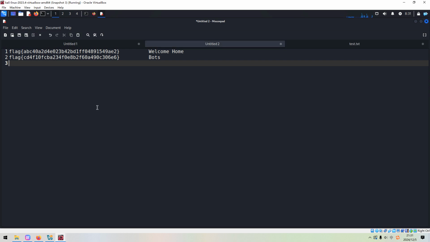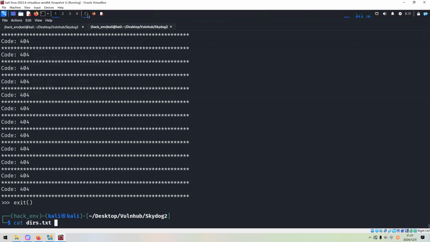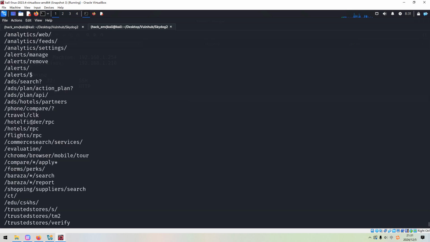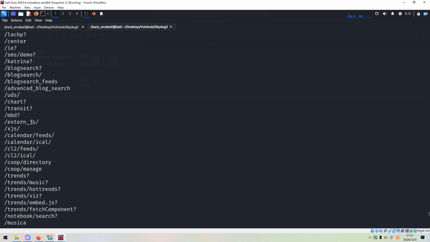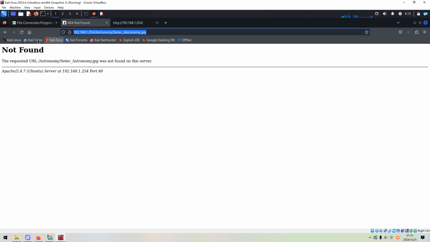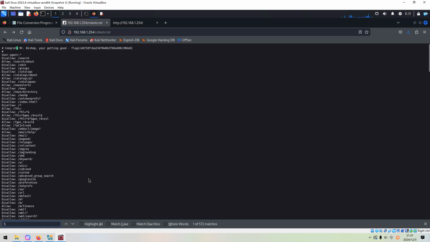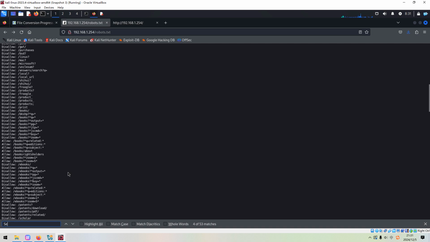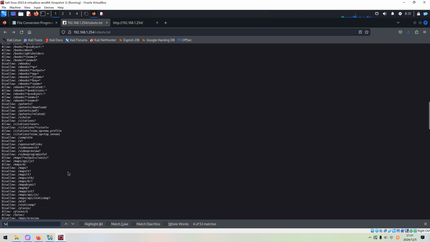We can exit from the... which one? I should have printed out the directory.